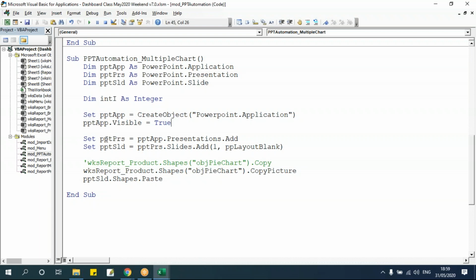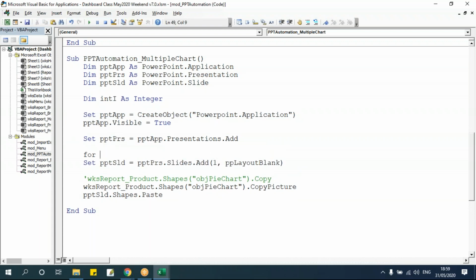Now we should actually plan which code has to go inside the loops. Application should be created only once, presentation should be created only once, and the slides within that should be looped. So what we'll do, we'll start the loop from here. For i equals, let's say I have 4 charts, I'll say 1 to 4, and till the paste, say